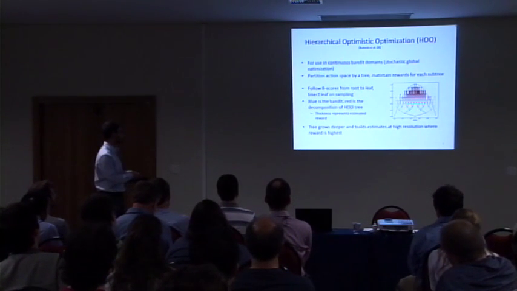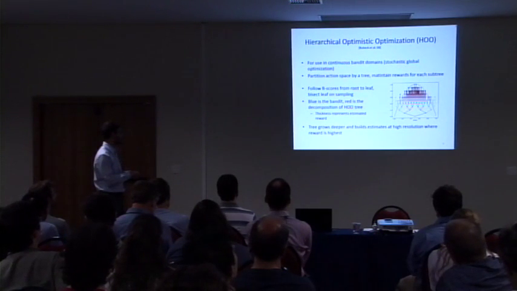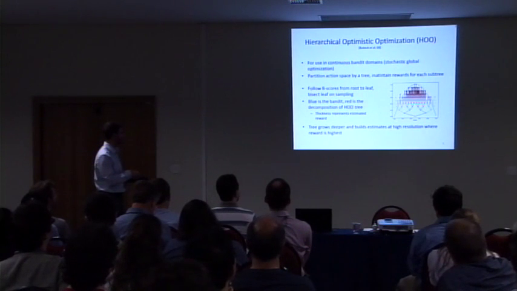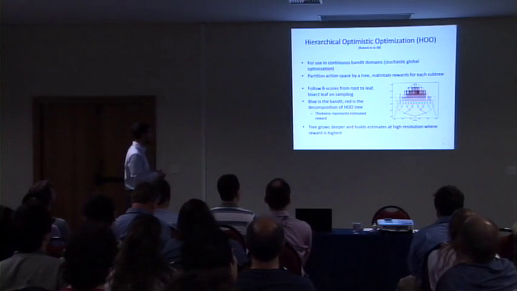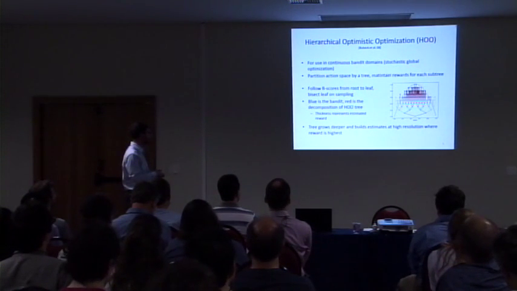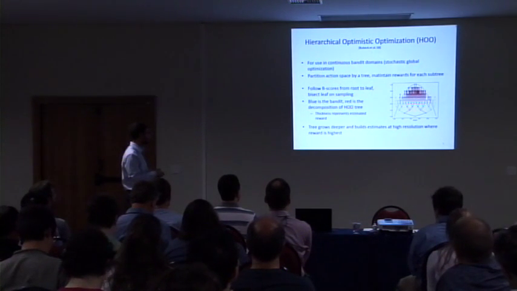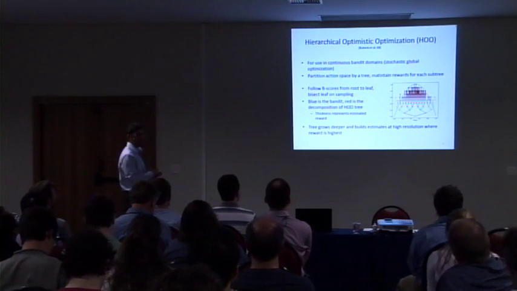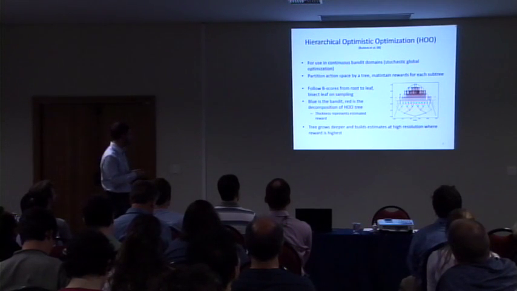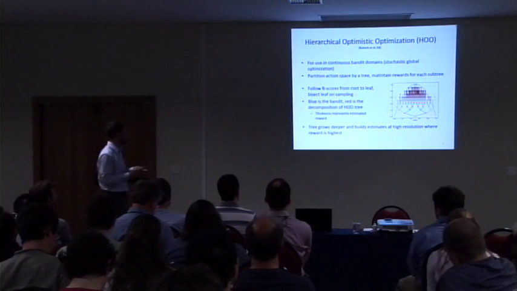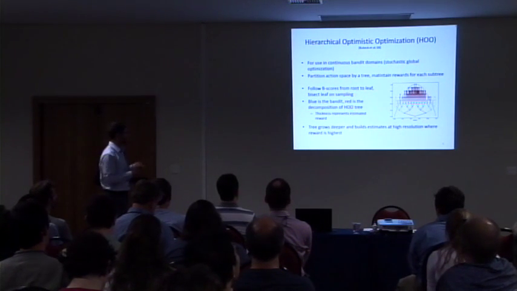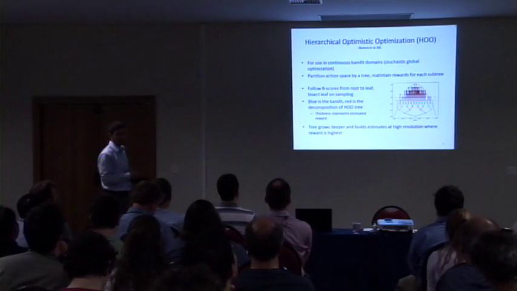This picture on the right is what we get if we present the algorithm with this bandit. This is the set of arms that we can choose from, 0 to 1. Those arms have an associated reward between 0 and 1 with some noise added to it. This is the tree that's built in response, and this represents the depth of the tree. As you can see, sampling is done with very high density in the region of the global optimum. This is good because it achieves both good regret as well as a very high resolution estimate of the region that has the global optimum.